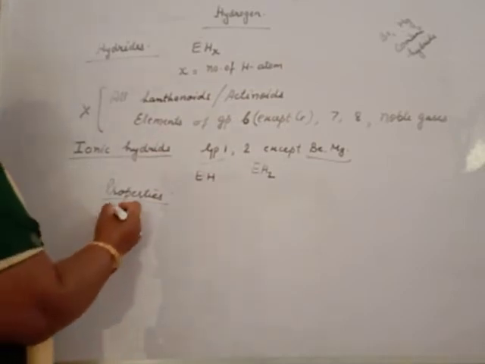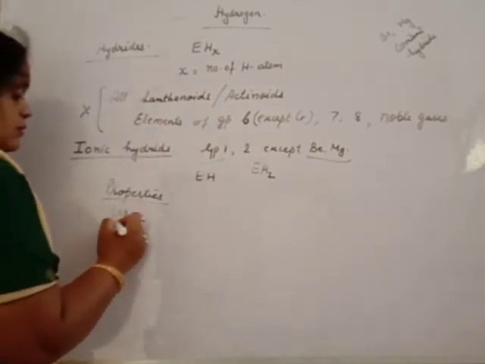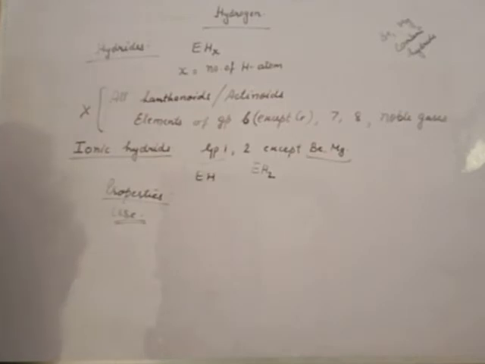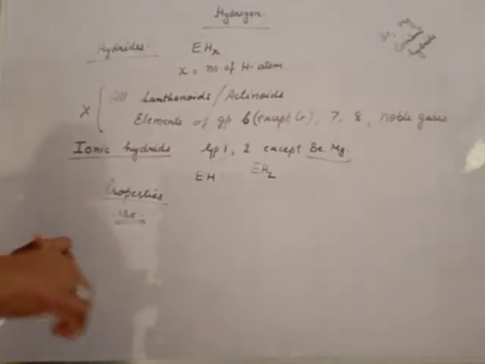Use. Ionic hydrides are used as hydrogen storage. When required, they release electrons and release hydrogen as hydrogen gas. Now,